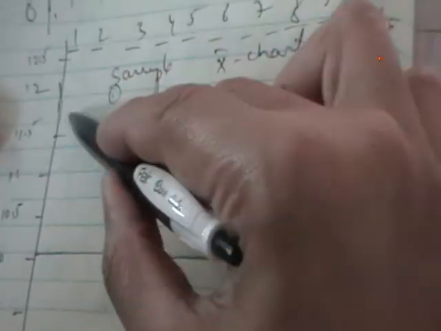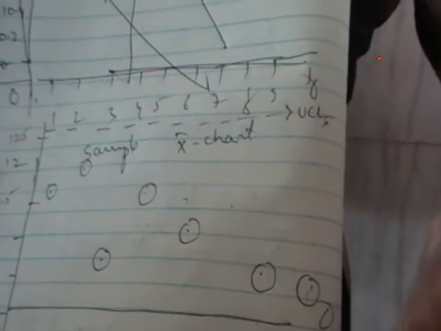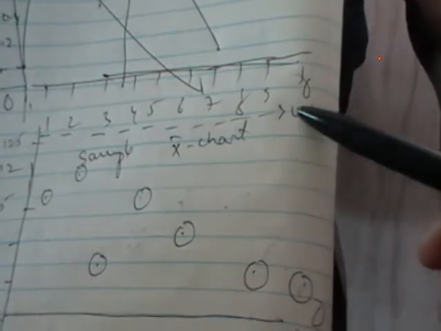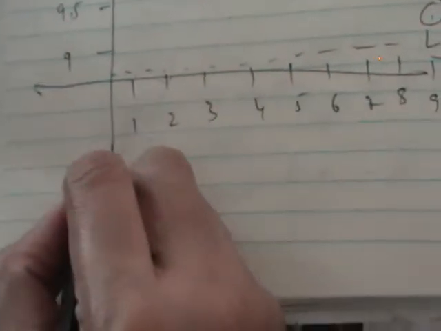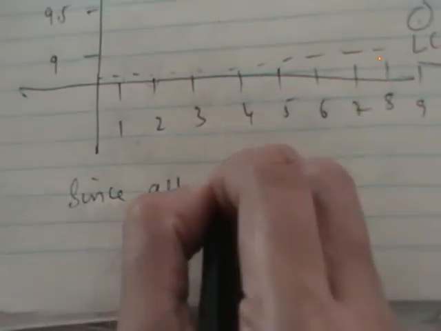So how can you conclude? In the last side heading of the control chart, we wrote the interpretation of the control chart. If all the plotted points are between these two, UCL and LCL, we say the process is under statistical control. See, if you observe, all the points are below UCL and above LCL. No point is above this or below this. So we can say that the process is under statistical control. While plotting, if you observe any point goes beyond this line or this line, we say the process is out of statistical control.